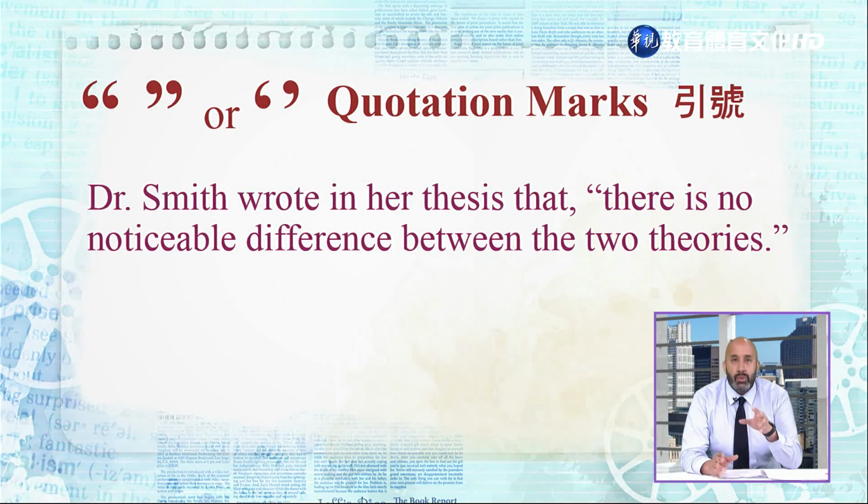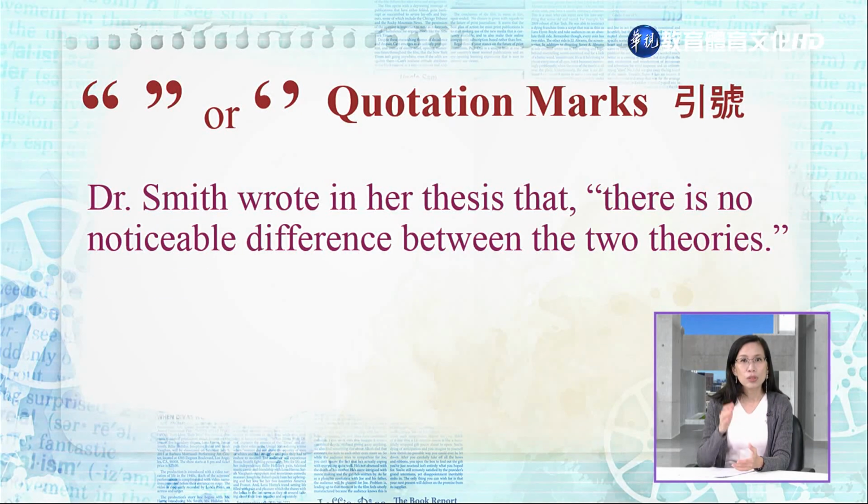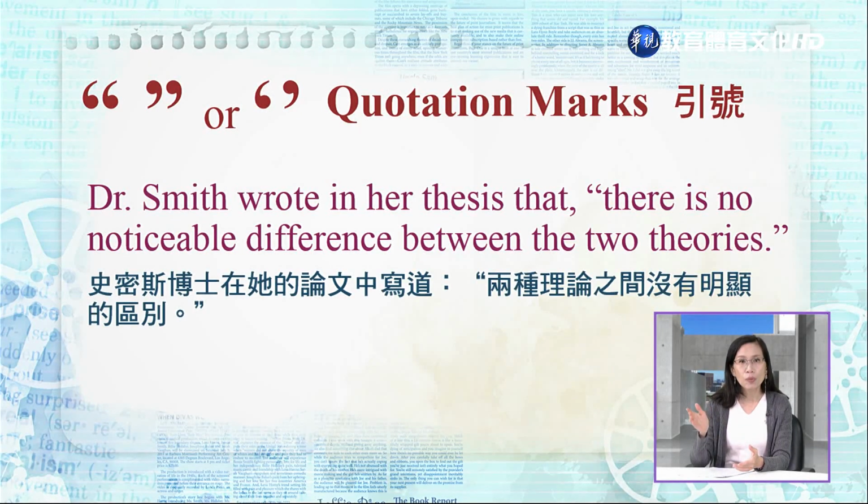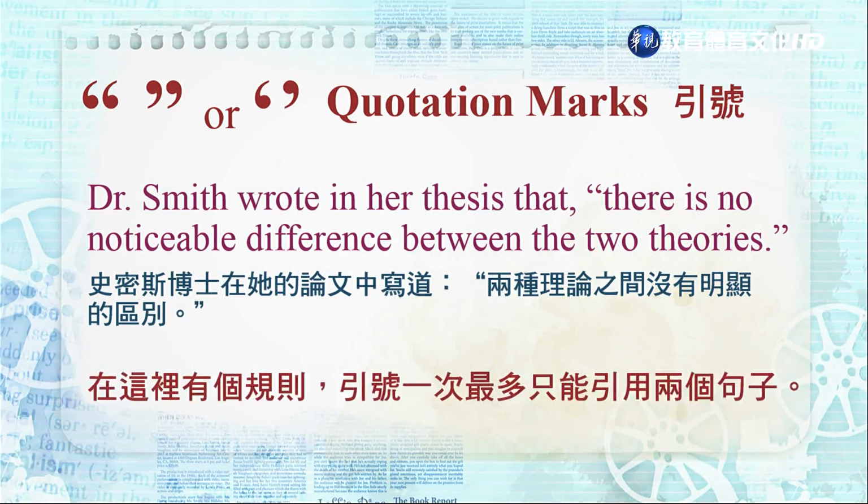Here I will simply give you the rule and that there should not be more than 2 sentences copied at one time. 好,接下来的例子呢是说,史密斯博士他在他的论文中写道,两者理论之间呢没有明显的区别。那如果要参照别人说的话或书里面的内容,就需要将它用引号把它引起来,然后必须要表示说这个资料引用的来源。那这个是下一本书里面我们会要比较说到的一个重点。那在这里只是告诉大家。引号呢,一次呢,最多呢,只能引用2个句子。